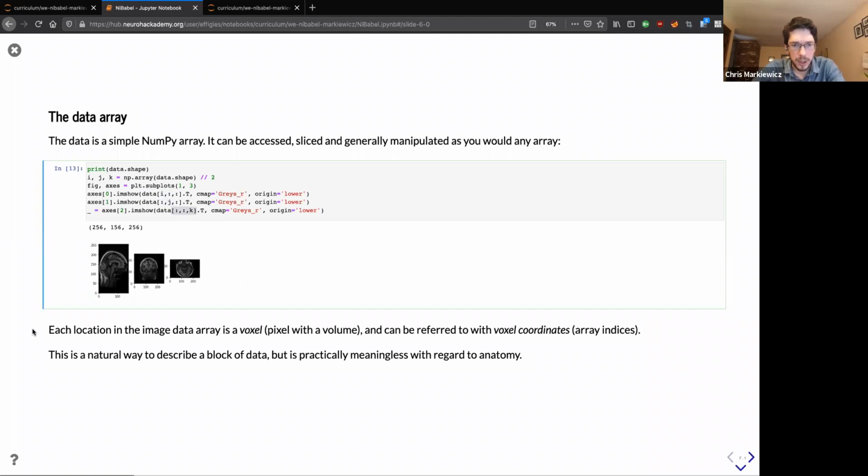Okay, so each location in the image data array is a voxel, which is a pixel with a volume, or a volumetric pixel. I'm not sure if everybody's familiar with that terminology, but that's what we refer to those cubes inside a data array as. They can be referred to with voxel coordinates, which just means the indices in the array. This is a useful way to look at the data, but if I want to say where in the brain this is, if I want to give you coordinates that would be useful to, say, a neurosurgeon, it's almost entirely useless. So what we need to talk about is,